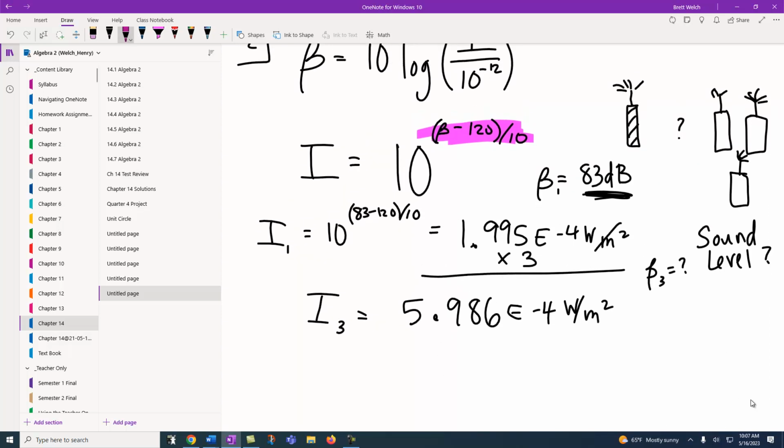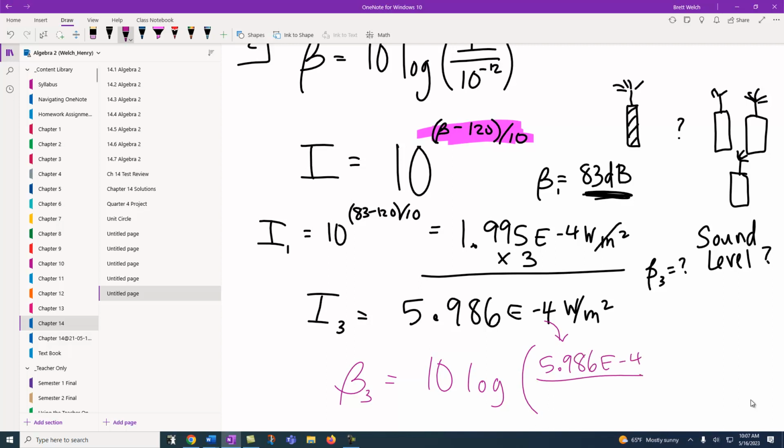Well, now I need to convert that back into a sound level, into a beta, which we have a formula for doing. It's 10 times the log of my intensity, 5.986